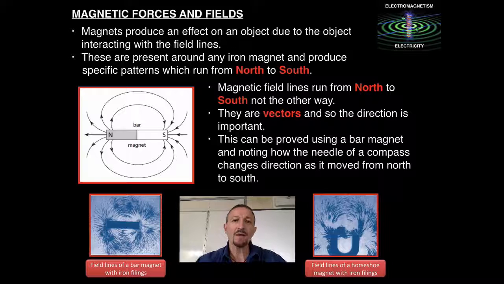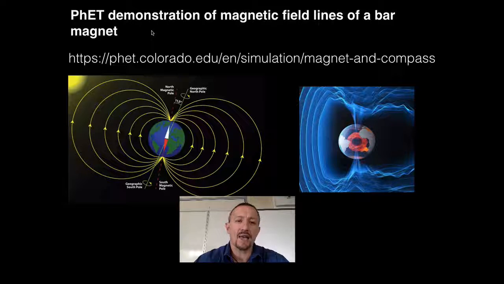Now, magnetic fields are really important on the planet Earth as well. Here you can see a picture of the magnetic field which is generated around the Earth. An interesting thing about the field lines on the Earth is that over hundreds of thousands of years, the poles actually change direction. This is noticed if you look at magnetic imaging of the sea floor in the Atlantic Ocean. There's a mid-Atlantic ridge which runs down the center, and it's continually widening. Every few 100,000 years or so, the poles change, and the iron which is present inside the